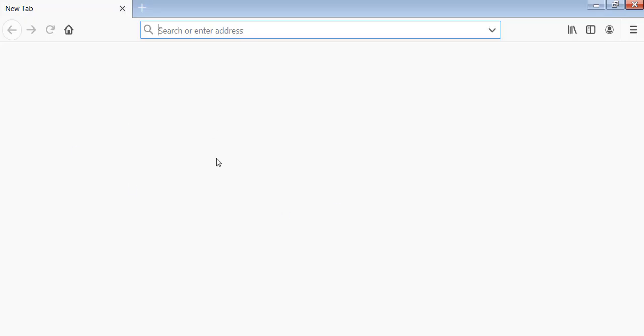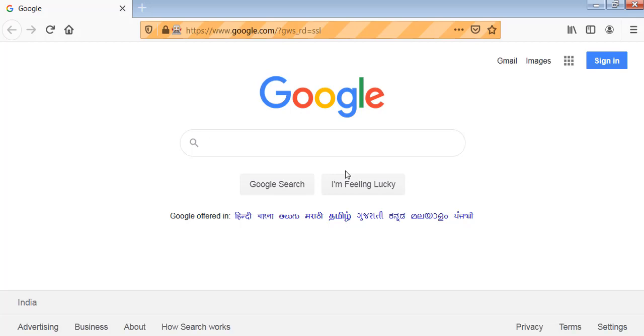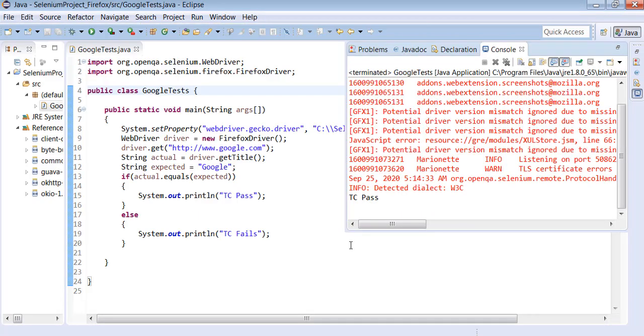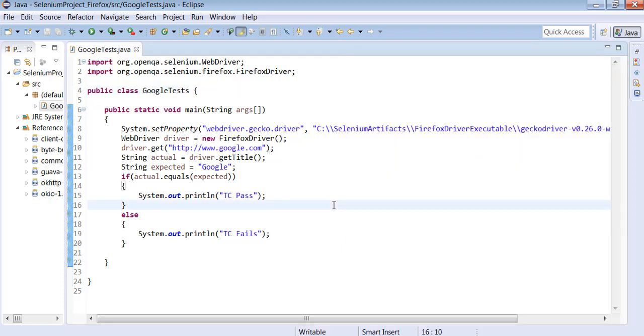There is a potential driver mismatch, but still the browser has been launched successfully. Now it is entering google.com. Just go back to the Eclipse now. We can see the test case is passed successfully. So this is how you can execute test cases against Firefox browser.